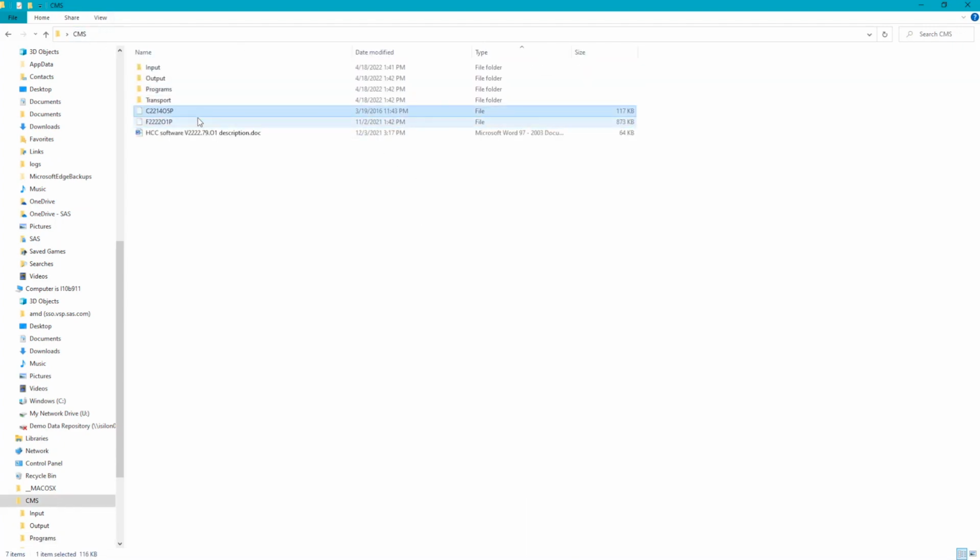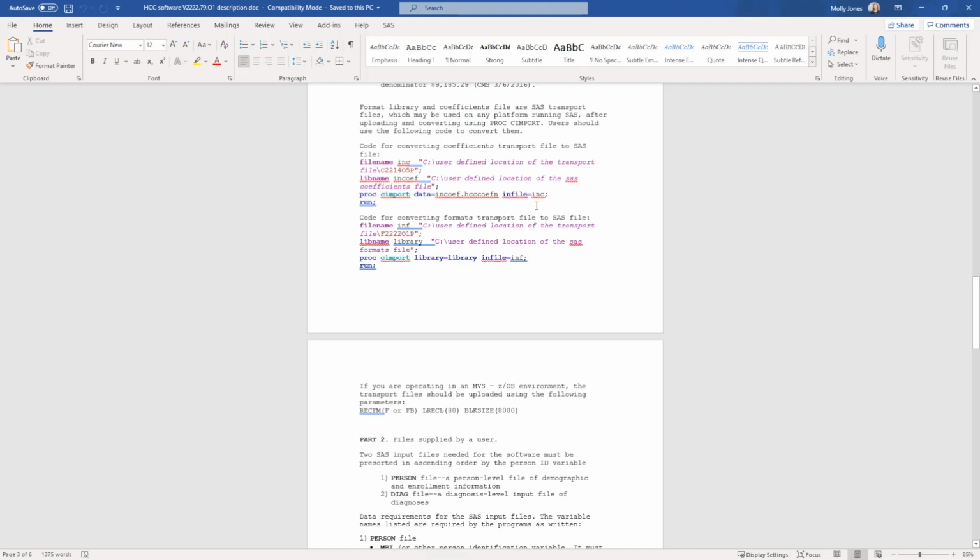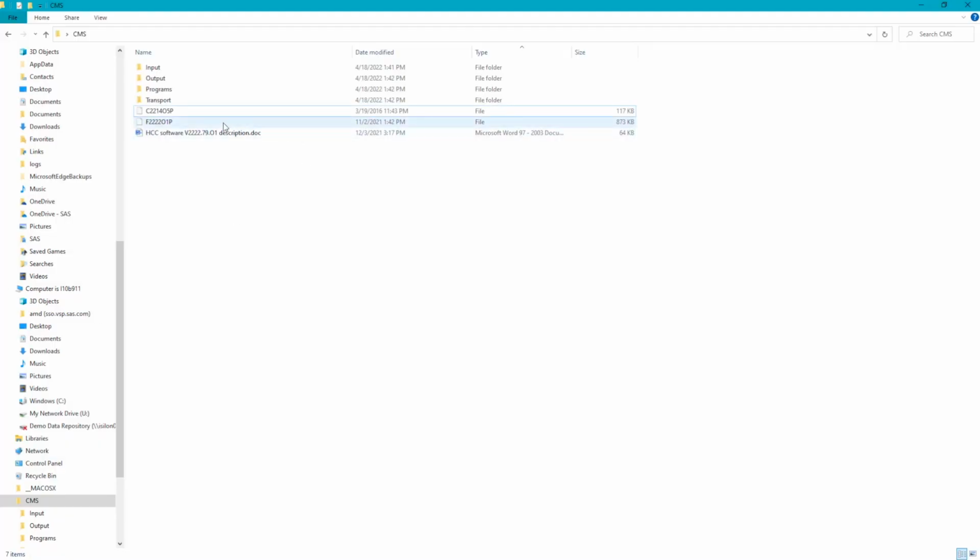Notice that we have 2 additional nondescript files. The instructions provided by CMS outline that these 2 files are transport files that contain the format library and the HCC coefficients dataset that will be used within this project. I'll move these 2 files to the transport folder.